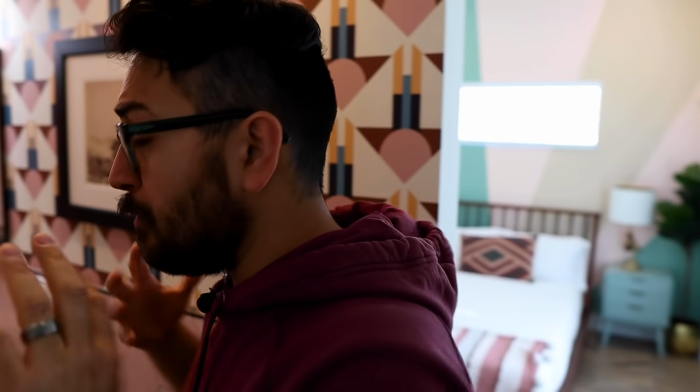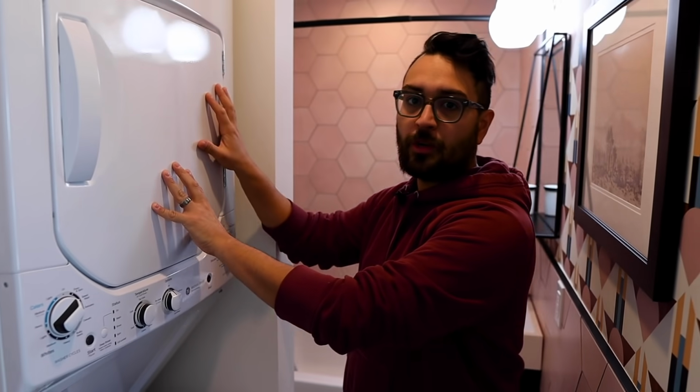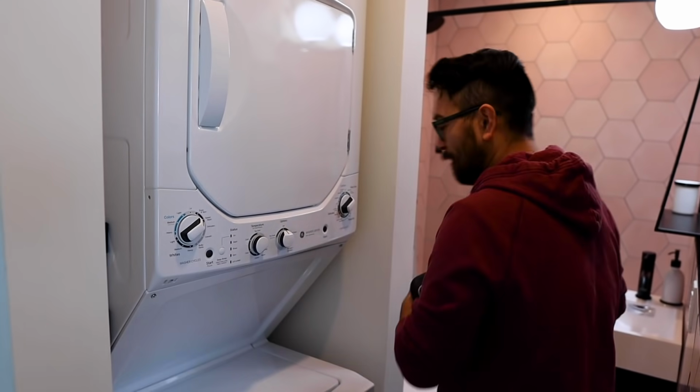So one thing to note about this ensuite is that we don't actually have a door here. That was part of the design. Apparently that is actually pretty common out here in the desert. We have our washer and dryer right here. Let me just hide this. It's a little smaller than your typical washer and dryer, but it's a small home, so you gotta make sacrifices